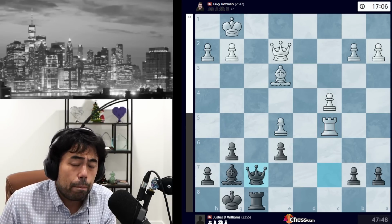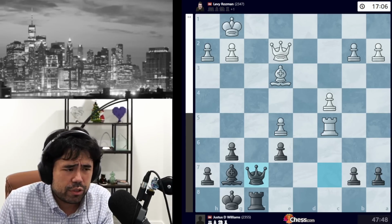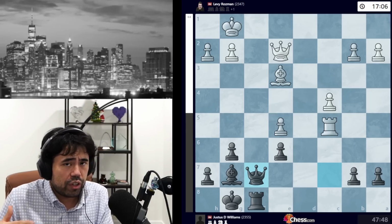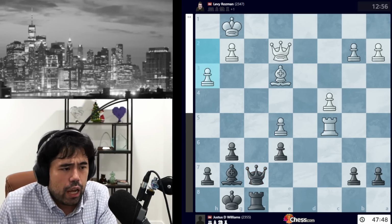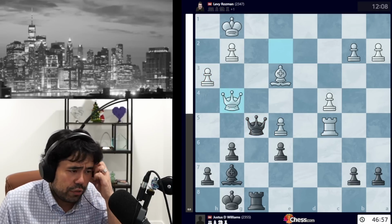and at this point, it was very abundantly clear to me that black's moves are much easier than white's moves when you combine that with a 30-minute time disadvantage for Levy, combined with a psychological impact of knowing he must have been much better if not winning earlier. I think it's very dangerous to be in this situation. So Levy goes h3, we get queen to f5, and now Levy plays the move queen to g4, trying to